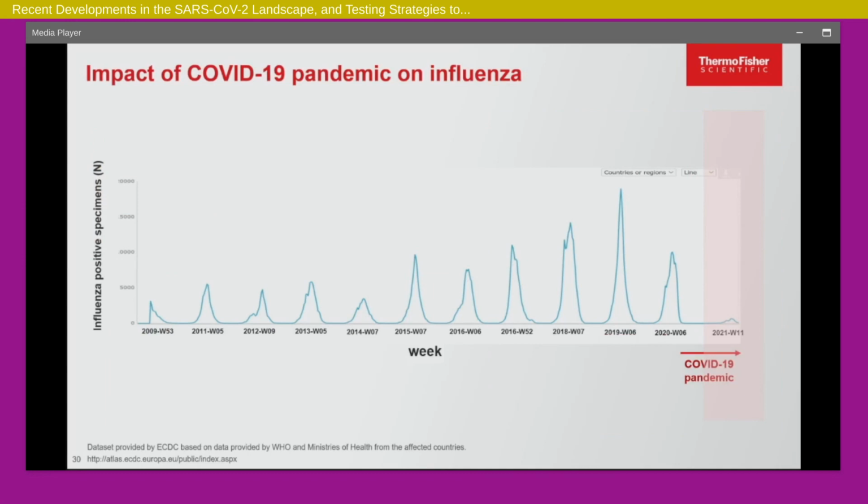So what was the impact? You can see all these different years. We see this very typical seasonality pattern, and then we had nothing happening here during COVID. We will see how this graph progresses, but if things have opened up and we see children going back to school, and schools are a breeding ground for COVID and especially for flu, we should expect to see flu come back in some ways.